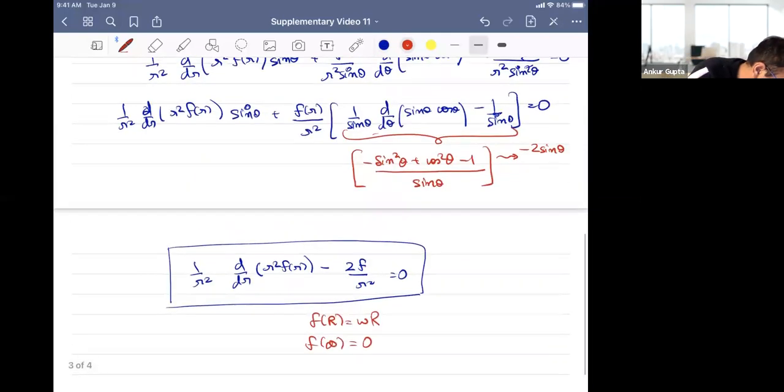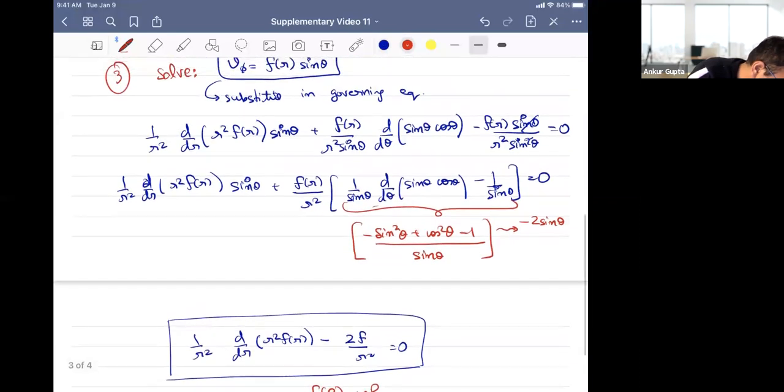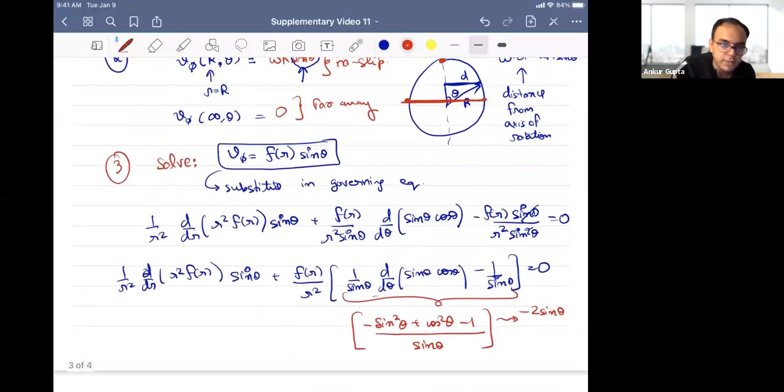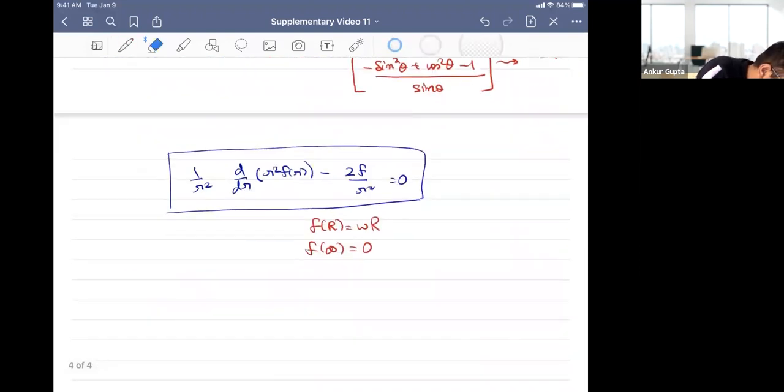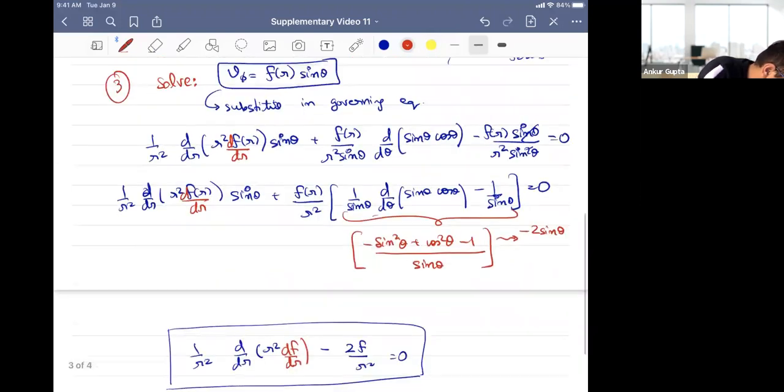There is actually my mistake. I think I've been making a mistake, so please don't get confused. There's a df by dr here, which is weird. So sorry about that. It hasn't changed our calculation. Basically this should be a df by dr here. Let me just clarify everywhere just to make sure. df by dr here, df by dr here.